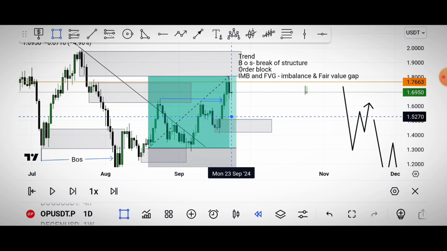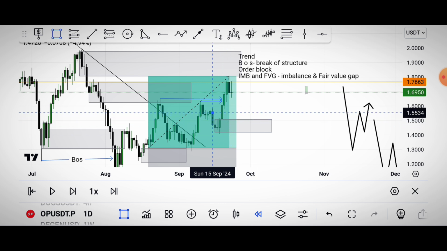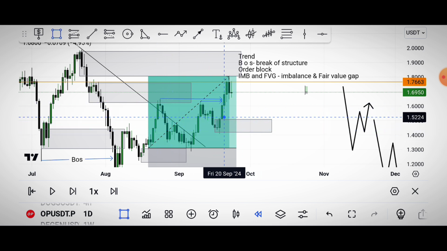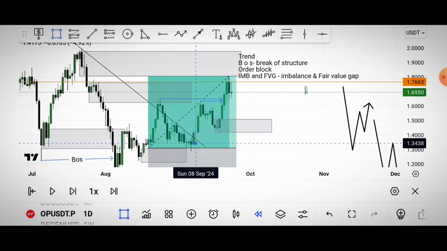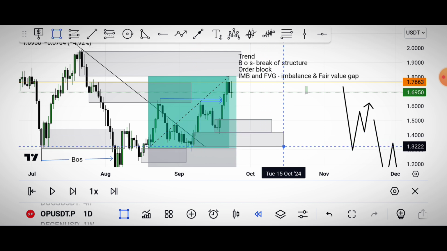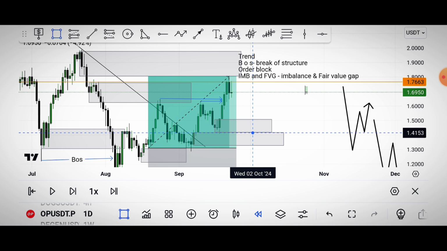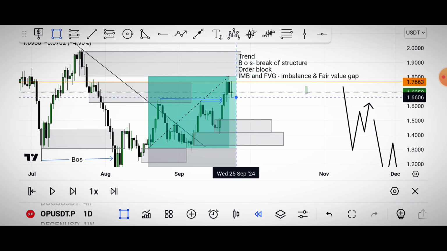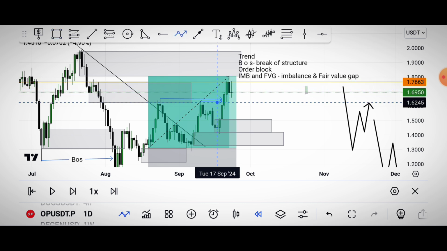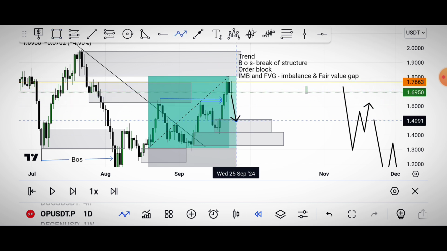If I'm to enter on this trade, I'm not going to use this as a valid break of structure. This will be my valid break of structure. So I should see price tapping into either breaking this zone and tapping into, let's say here, price should tap into this zone before it pushes off. But inducement entries can be sometimes confusing because there can be a lot of manipulations where price can just come and tap into, it will not even tap into this zone, you just tap into the head and start pushing